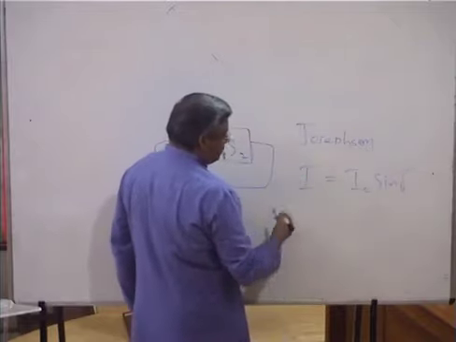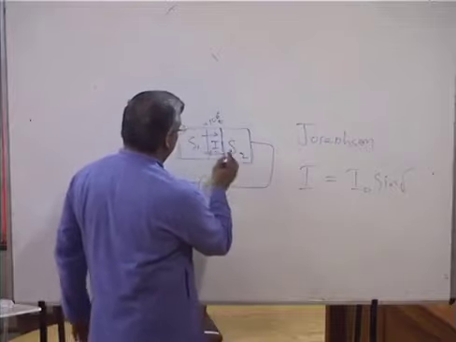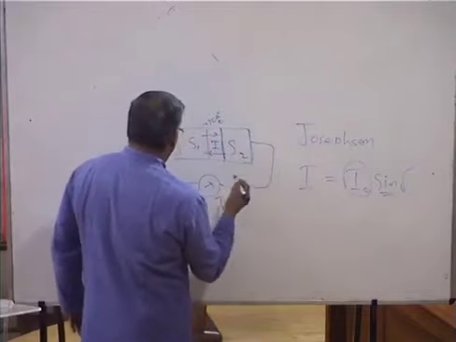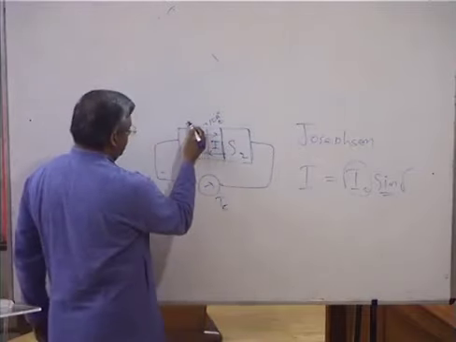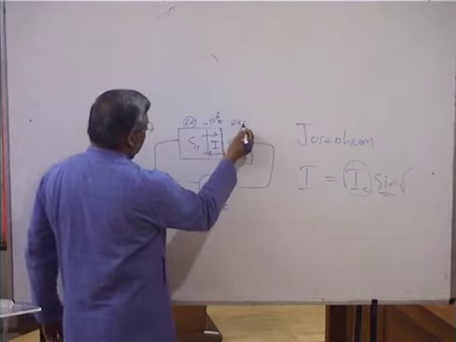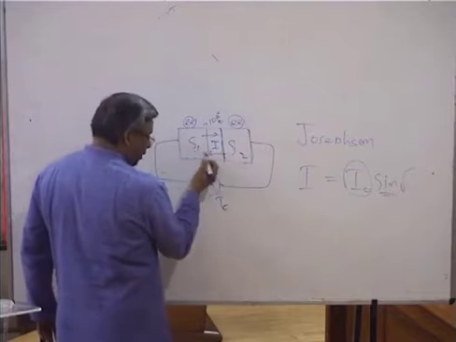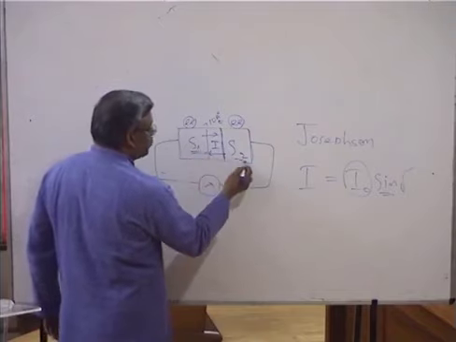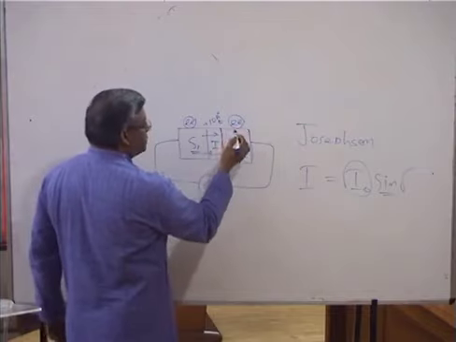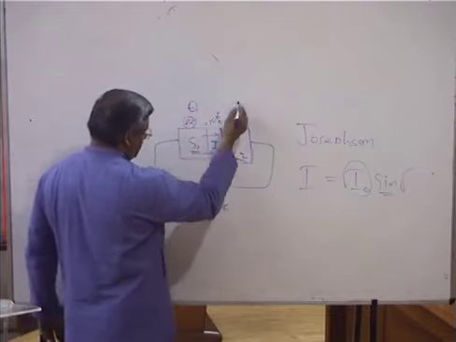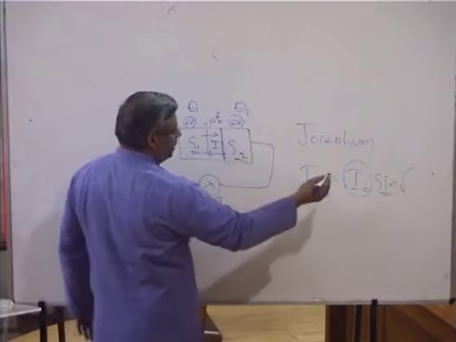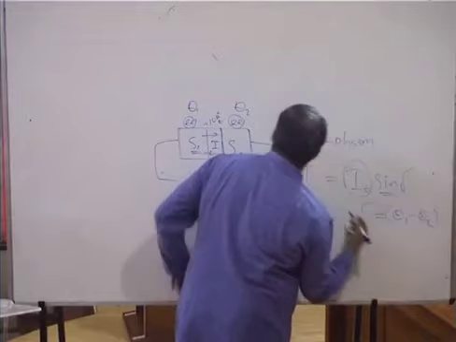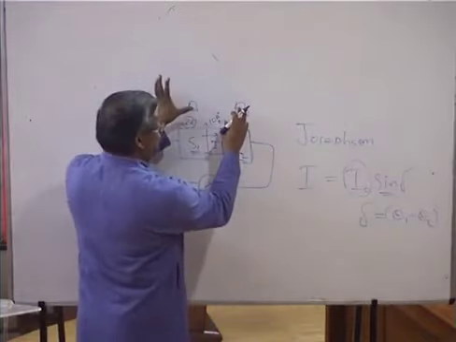He brought an equation which just said the current flowing through this particular junction will be a constant current and a sine function of del. And he assumed so much of things. He assumed that there are Cooper pairs, as I told you, Cooper pairs are the reason for the superconductivity. In both the superconductor 1 and superconductor 2, there were Cooper pairs, and here the Cooper pairs had the phase theta 1 and here phase theta 2, and del was defined as theta 1 minus theta 2, the difference in phase between these wave functions.